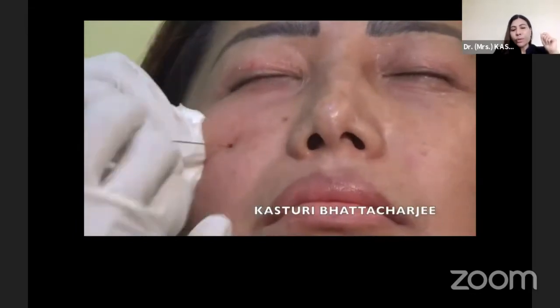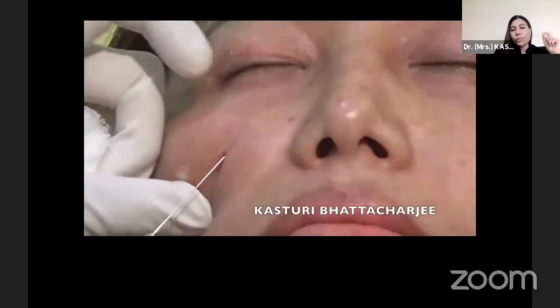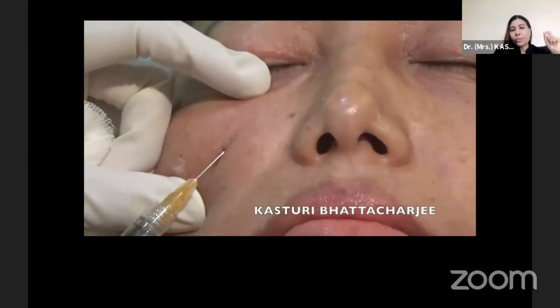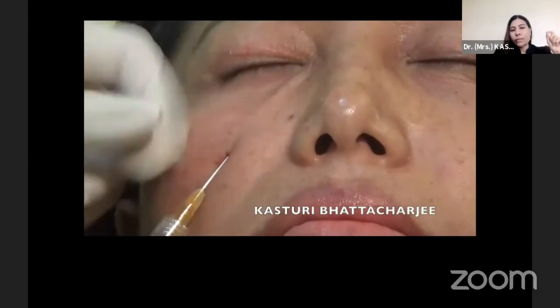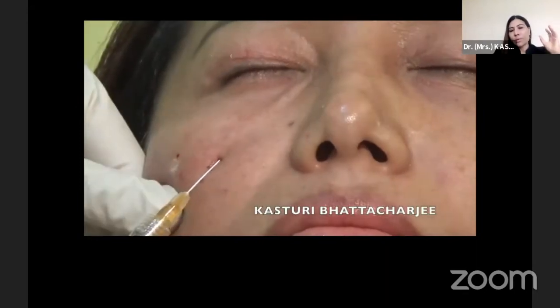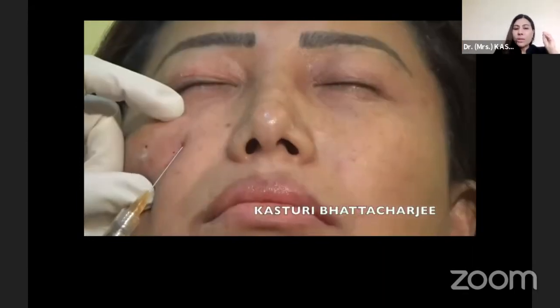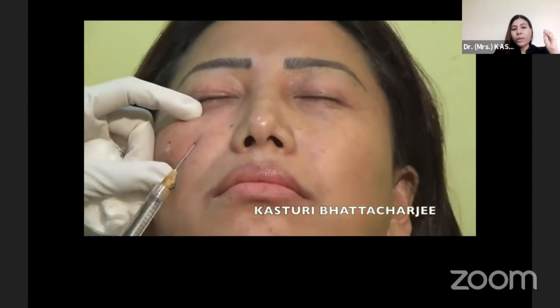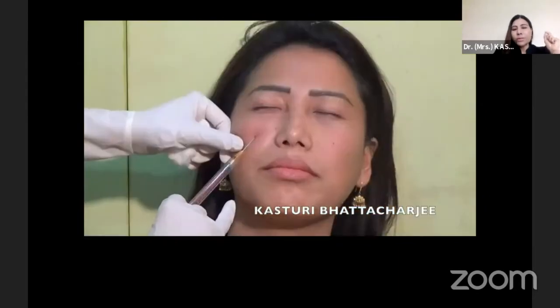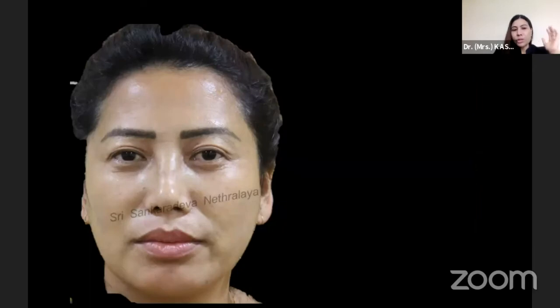I usually prefer cannula in the three most dynamic parts of the face, that is the periocular, the perioral, and also the masseter region, because these are the most dynamic parts of the face. And I really want the tissue integration of the filler to happen. Especially since the tear trough is such a thin area, I feel that if you go by the cannula, it gives a much better look.